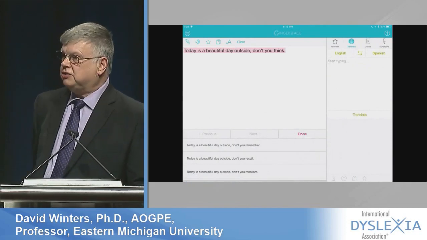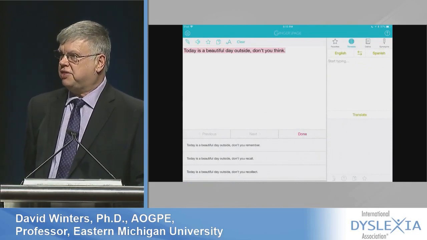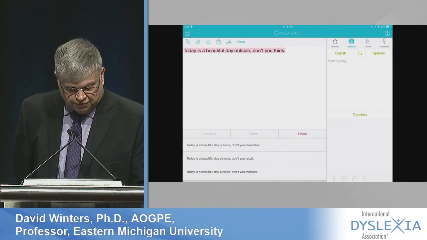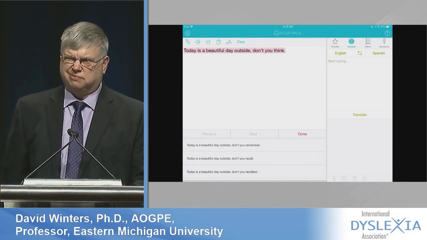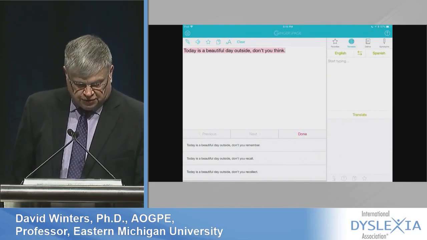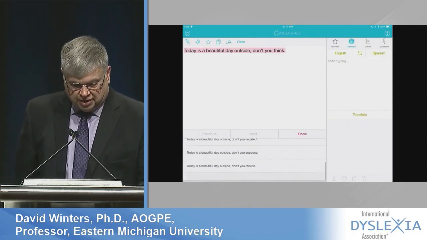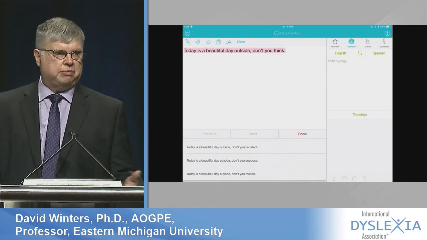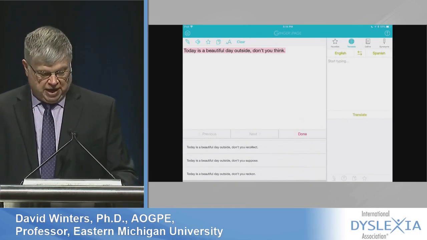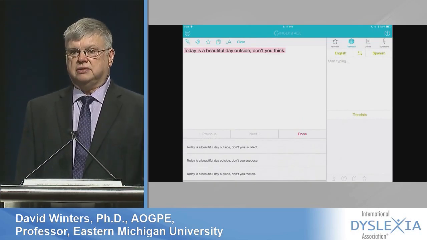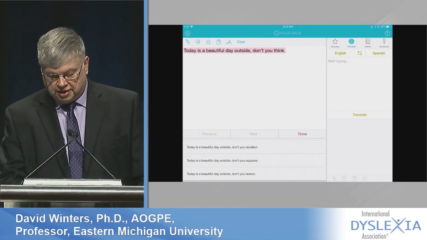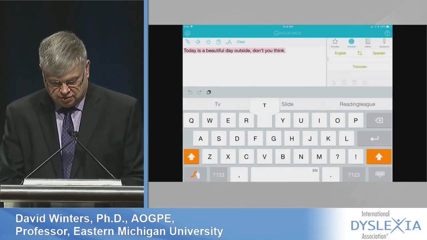So down here are alternate ways that I could have said the same thing. Today is a beautiful day outside. Don't you remember? Today's a beautiful day outside. Don't you recall? Today is a beautiful day outside. Don't you recollect? And actually, the way I wrote it is probably good enough, right? But I love that it does this. The other thing it does is